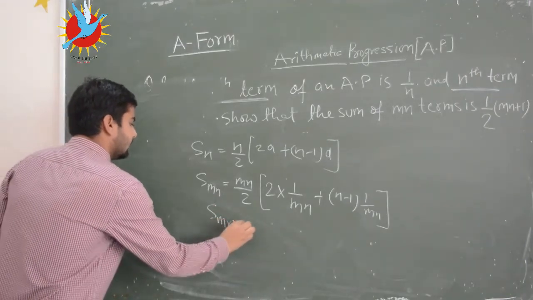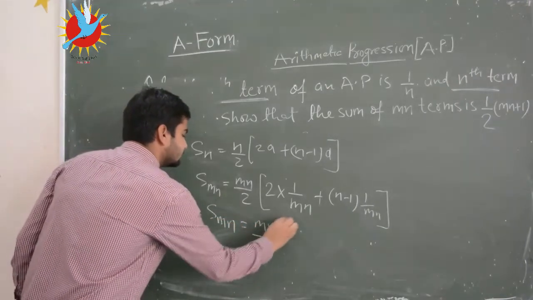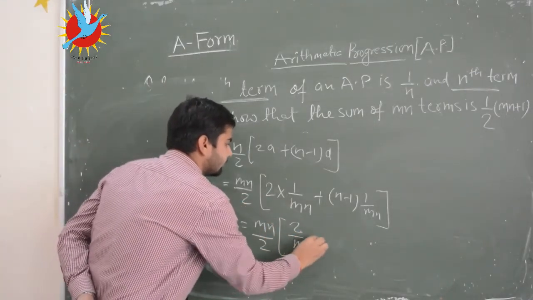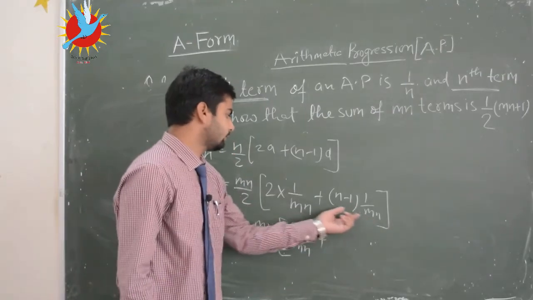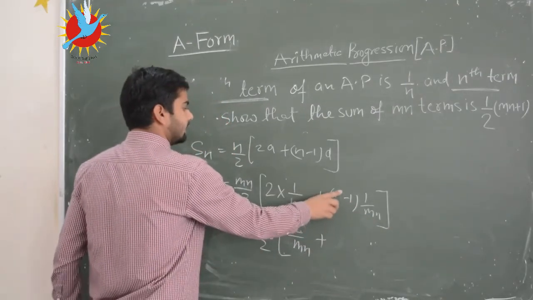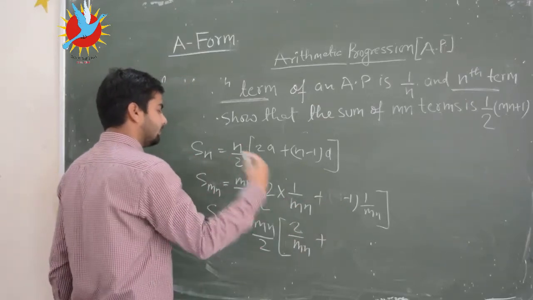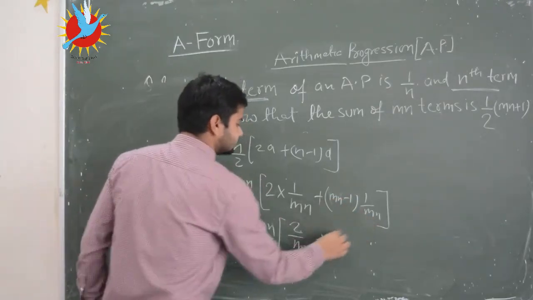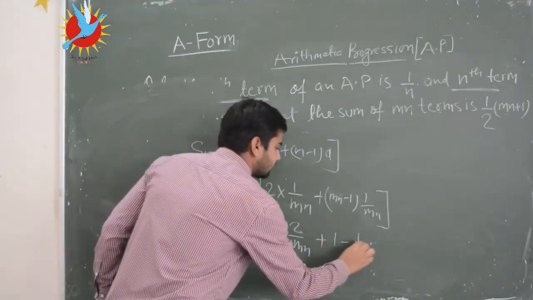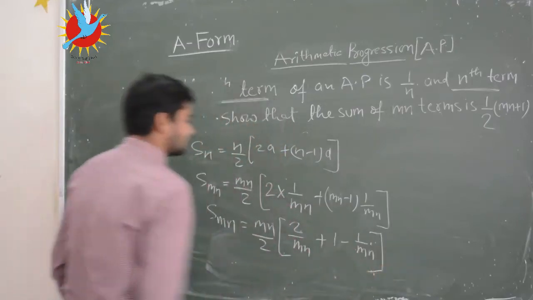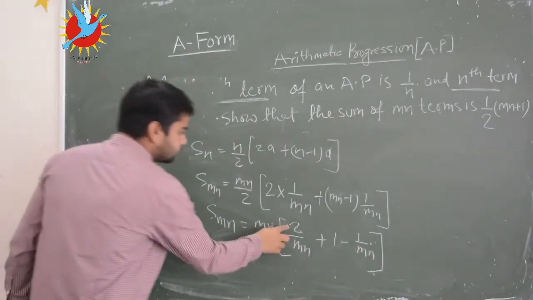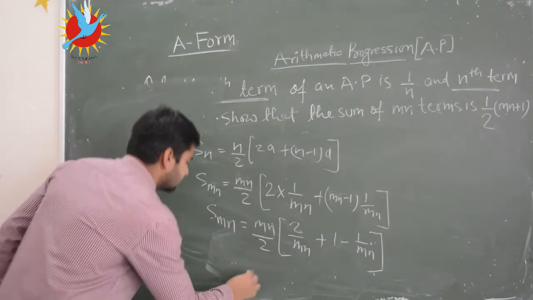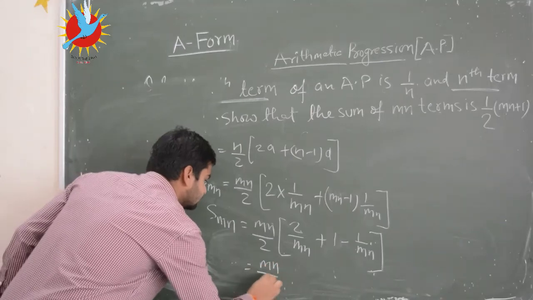Smn will become mn by 2 into (2 by mn plus, here multiply this 1 upon mn, sorry I have written n here, but we want to calculate the sum of mn terms, so in place of n we have to write mn. So multiply these two terms, it will be 1 minus 1 upon mn). Okay, so here we have 2 by mn and here we have minus 1 by mn. So 1 by mn will remain, so it will become mn by 2 into